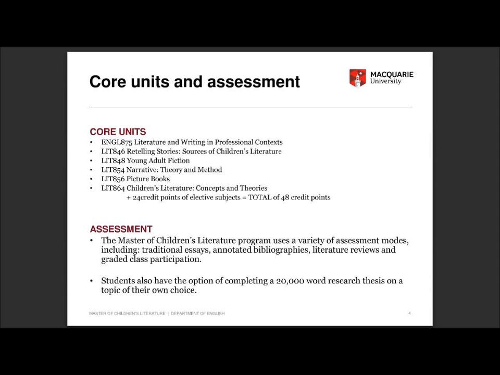And then the final subject on the list there, children's literature concepts and theories, looks at the development of children's literary criticism. That's because children's literary criticism is a fairly new area of academic study. It's about 50 years old, but it's still in some ways a really emerging critical discourse. This unit gives an overview of how broader concepts and theories from literary discourse are then used within a children's literary context to develop a unique kind of literary discourse of its own that's suitable for children's books, because children's books are quite different and distinct from adults' books.